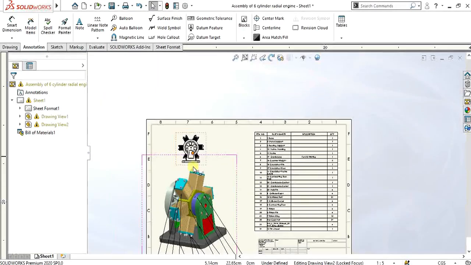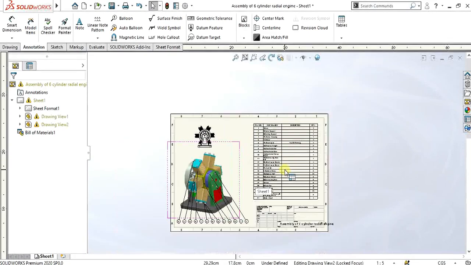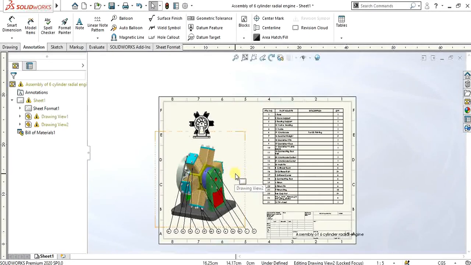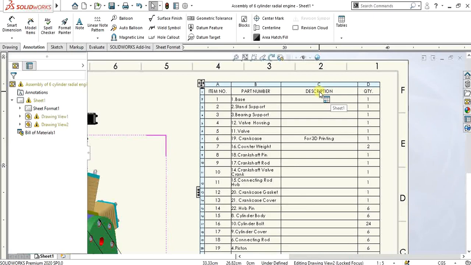If you want some explanation, if you want to explain some part, you can explain to the manufacturer using this description tab.